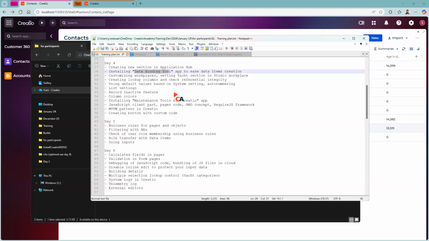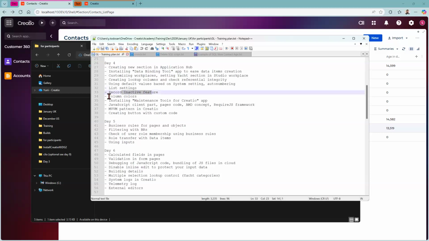Binding tool also. We will talk about referential integrity. We will use default values on settings, and we will talk auto numbering. If you pass the no-code training, you already know how to work with auto numbering, but now we will see this from the perspective of database also. We will talk a little about list settings very shortly,